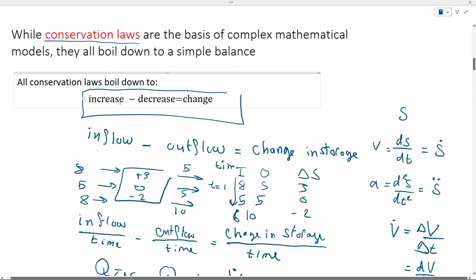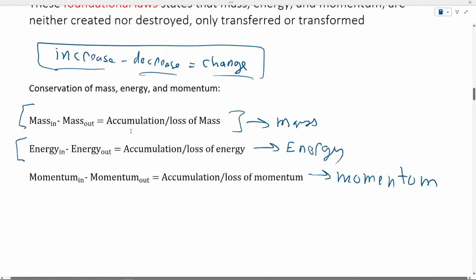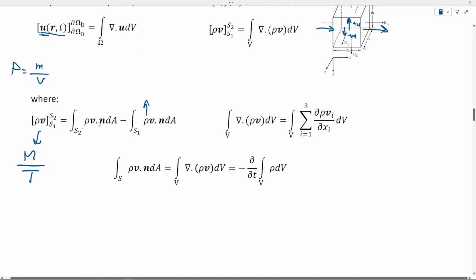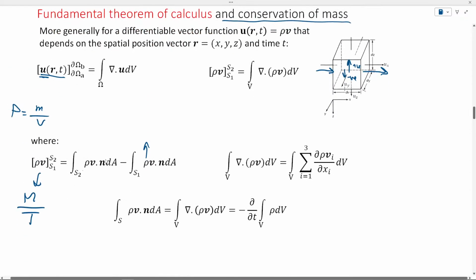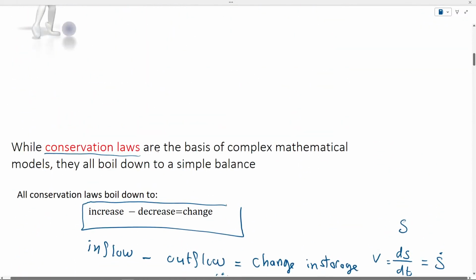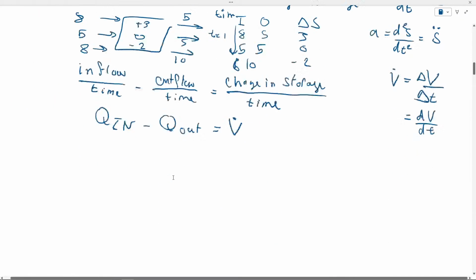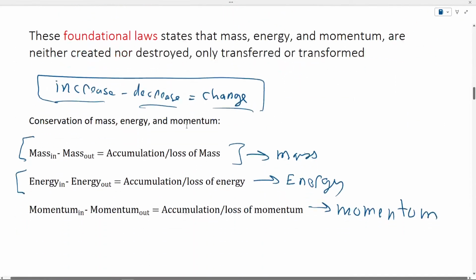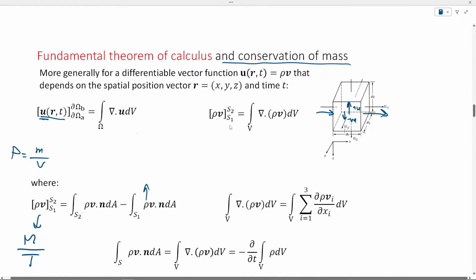So the increase and the decrease, that would be these two guys here. And the change here, that would be this guy here. What is changing inside my volume? That is this guy here. So this is just a mathematical representation of what we've seen previously. So this is basically telling me what is changing